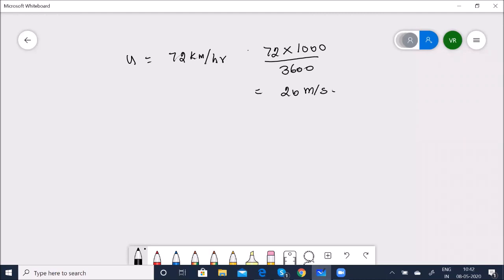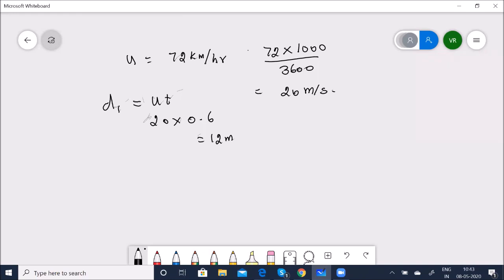Okay, in the first case, he says it is going to be 0.6 seconds. It travels with constant velocity of 20 meters per second, and it covers a distance. Let us take that distance to be d1. That is equal to u into t, velocity into time taken, which is nothing but 20 into 0.6, which is equal to 12 meters. Okay, so D1 is going to be 12 meters.